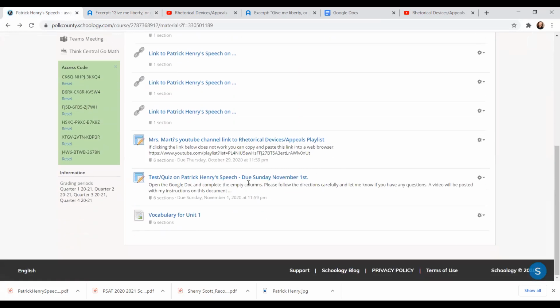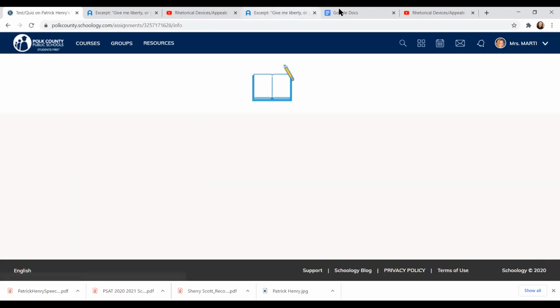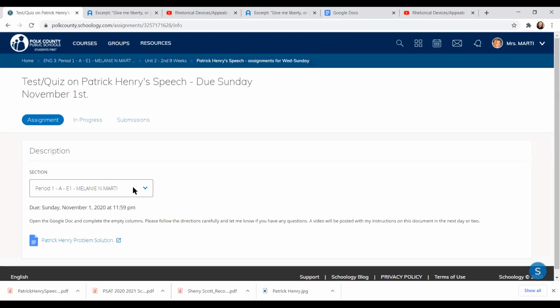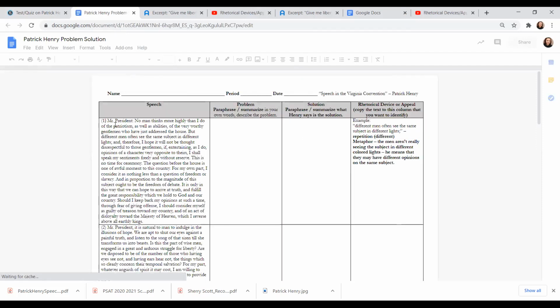Okay. Lastly, due Sunday is what is considered the test. Of course, there is vocabulary you can look at as well if you need that. And it's actually a Google Doc, so you'll have to make sure that you have Google Docs open. On one side of this file, you'll save it, my document up top, but you won't see that on mine. You will see the speech broken up into pieces.